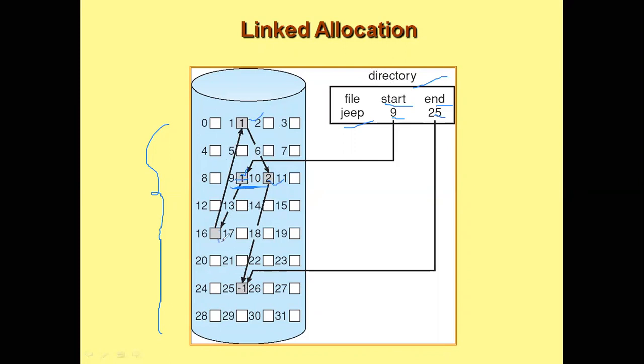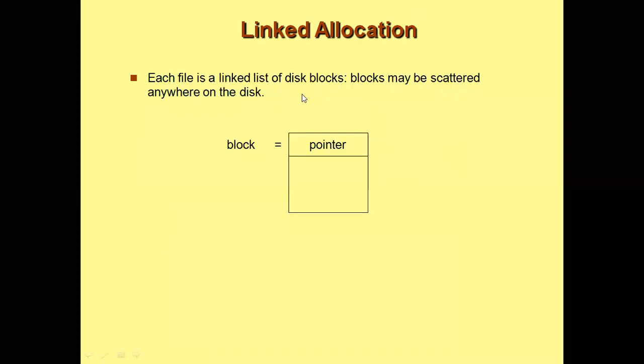Okay, so there is no wastage of memory here because you're not allotting blocks in a continuous manner. It is scattered all over, right? So this is not a wastage of memory. We will see the disadvantages and the advantages in this particular allocation method. As I said, each block has a pointer which points to the next block, and this part is the place that is required to store the information of the file, or the contents of the file.